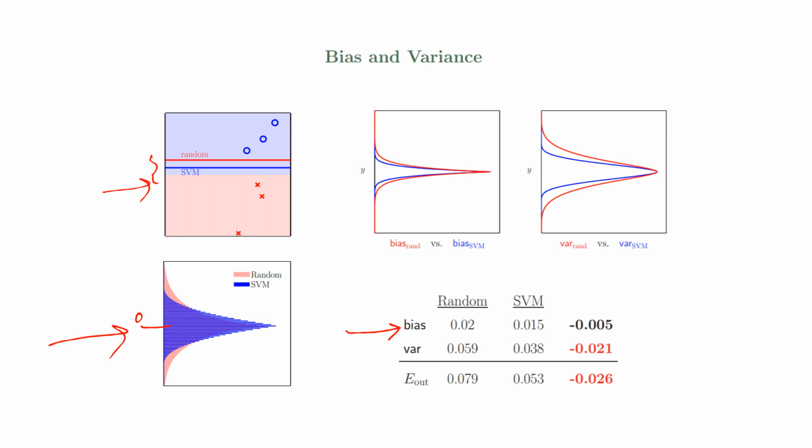But there is no surprise when we say that we have a higher variance for the random one, because the random one can vary in a larger region as compared to my optimal one, which is effectively the bisector between the two nearest points within two different classes essentially, right? So that's not a surprise. As I said, the variance in case of the random one is especially high. And if you're looking at the definition of E out, which was the sum of bias and variance, then obviously in the random one, we get a higher E out as compared to the support vector machines.